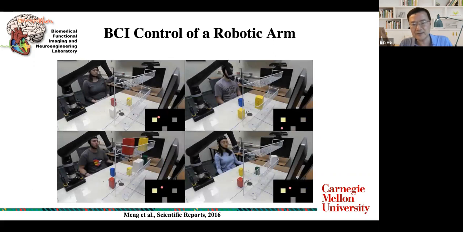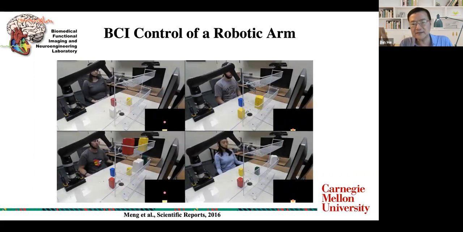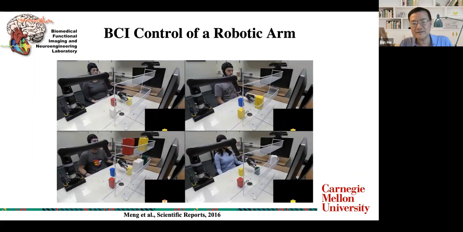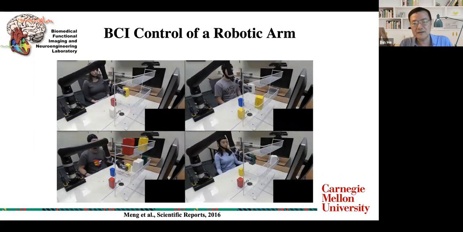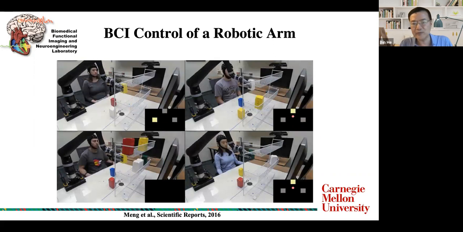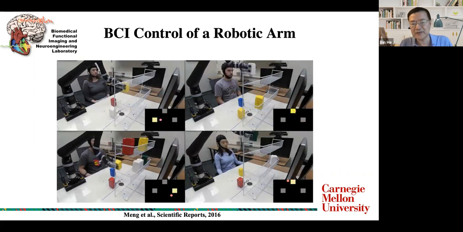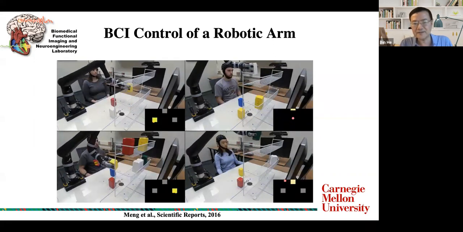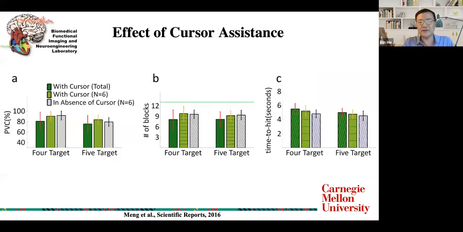Here we illustrate 4 human subjects performing similar tasks. The right lower corner is the visual guide we initially provided to the human subject, to help them pick up this skill for robotic arm control. After this experiment, we did look into the question of whether such a cursor visual guide has a big effect, and how big that effect is going to be.